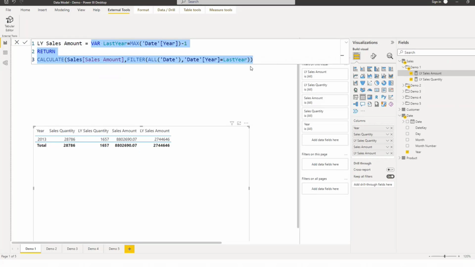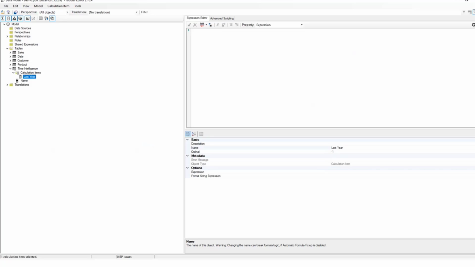Since the majority of this logic is duplicating and only the sales amount is not repeating, I would simply take a copy of this entire logic because the majority of it is replicating. And next, what I would do is head into